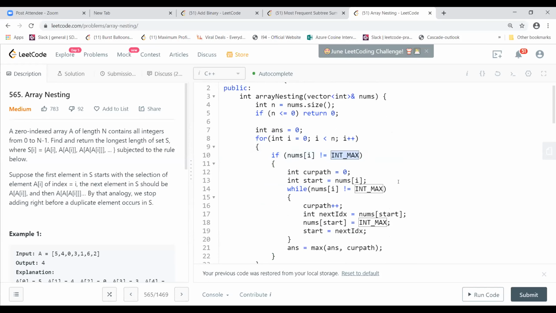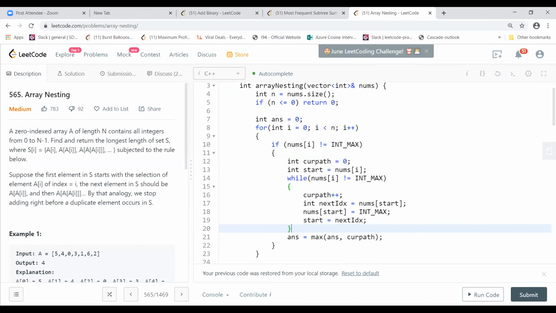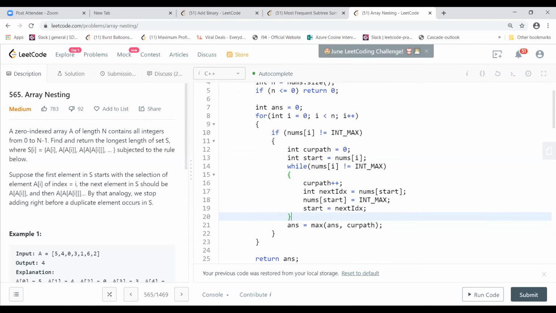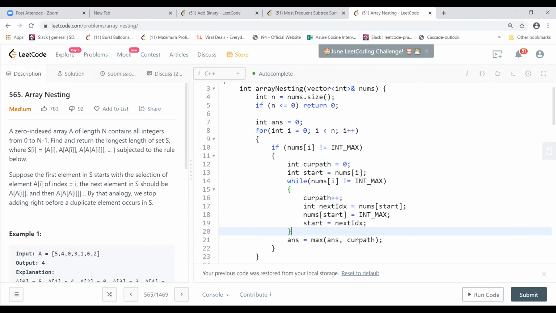I'm modifying it, making that value int max always, so I can't recover this array at all. Yeah, exactly. Makes sense. Not a good way to do it, but at least you came up with something. It's good.